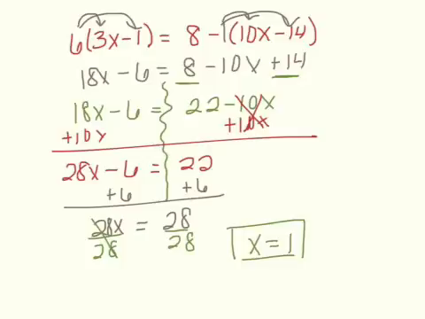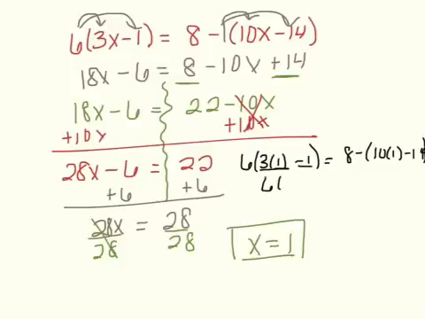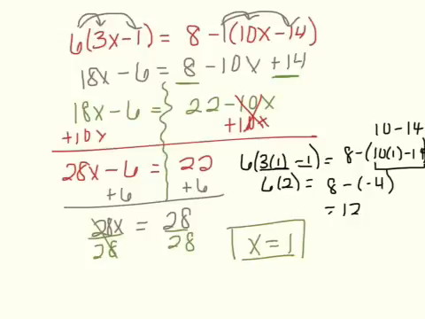Now, the last thing I would do, especially if you're taking a final or something else, is I would plug it in. 6 times (3 times 1 minus 1) should equal 8 minus 10 times 1 minus negative 14. So here I have 3 minus 1, which is 2. Let's do the inside here. I have 10 minus 14, which is negative 4, so 8 minus a negative 4. So I have 12 on this side and 12 on this side, so I can say for sure that x equals 1